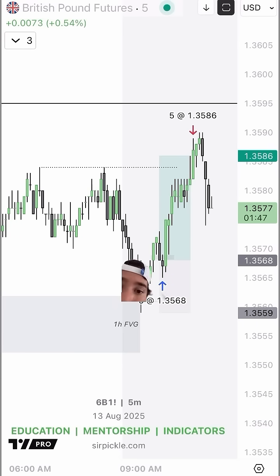So step 3 is the entry, step 4 is time, which step 3 and 4 coincide because that entry needs to be inside of the right kill zone. The kill zone I use for the Pulse model is 8:30 a.m. to 12 p.m. And this beautiful entry right here has occurred inside of that kill zone